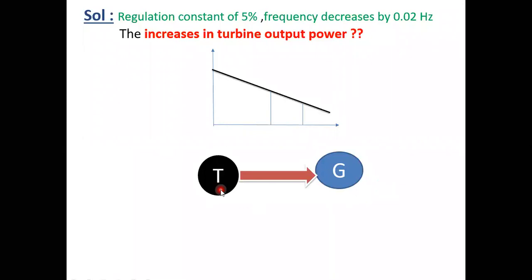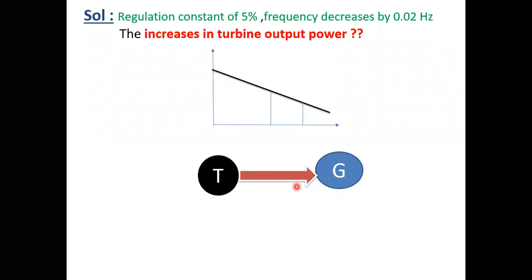So for example, let's consider this is a turbine generator setup. These are mechanically coupled. The output of the turbine is fed to the input of the generator, and the output of the generator is connected to the load side. When the demand increases for your generator, the speed of the generator automatically decreases. When the speed of the generator decreases, the frequency also decreases. But practically, outside, we need to maintain a constant frequency. How can we maintain constant frequency?